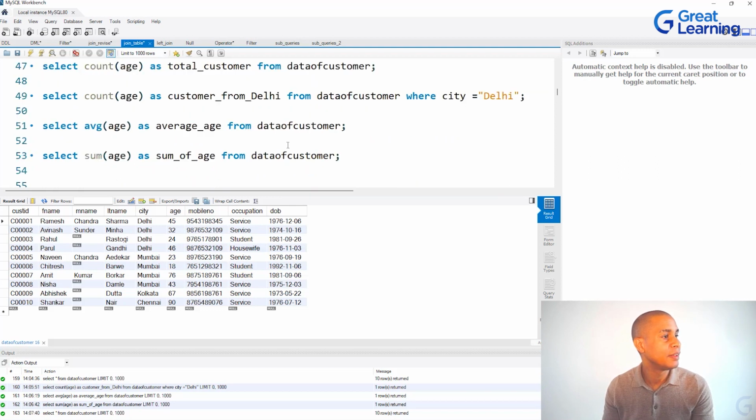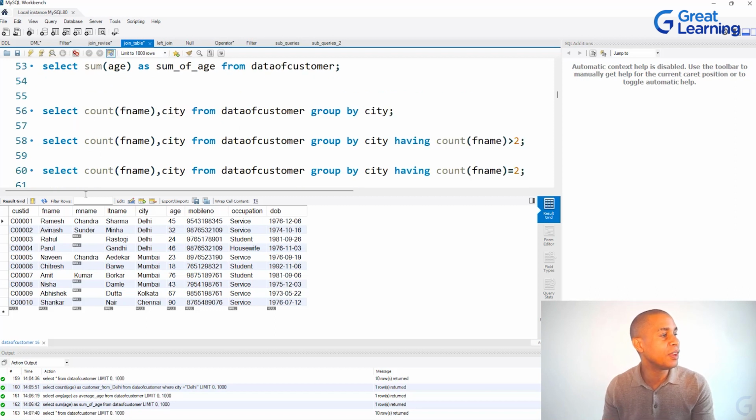So let's look at our example here. So we're going to count all of the first names, and then we're going to group them by city. So we have 1, 2, 3, 4 cities. So we want to be able to count the number of records or first names in each city. So we should be able to bring back, we know from our previous count statement, there were 4 in Delhi. It looks like there are 4 in Mumbai, 1 in Calcutta, and 1 in Chennai. So if we run this,